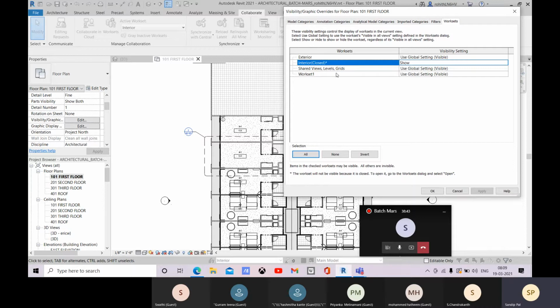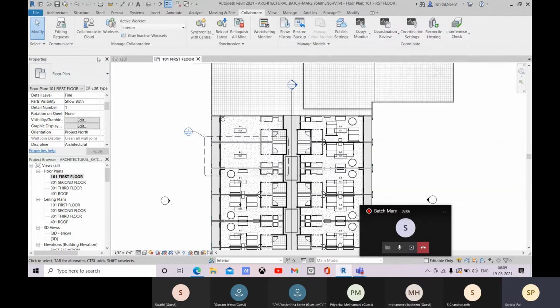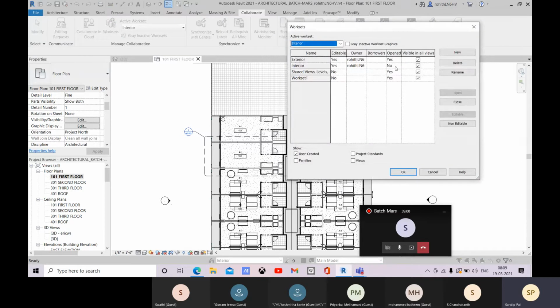Because that is closed, you cannot do these visibility changes. This visibility override option is closed. All right, so that is about your opened option. Let me bring it back.